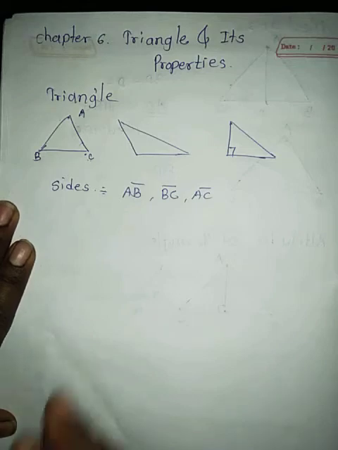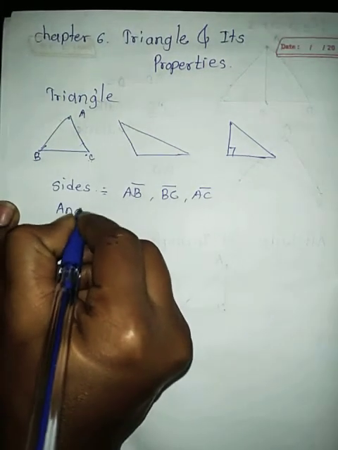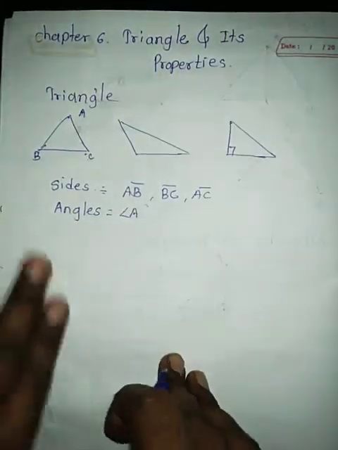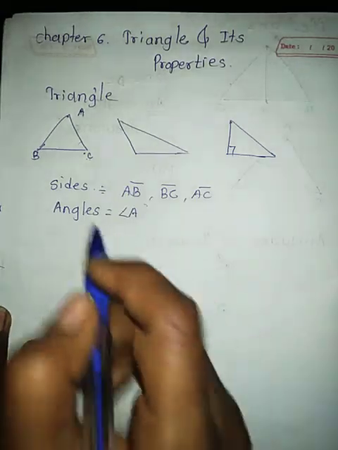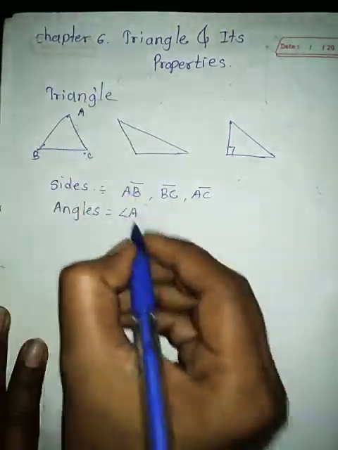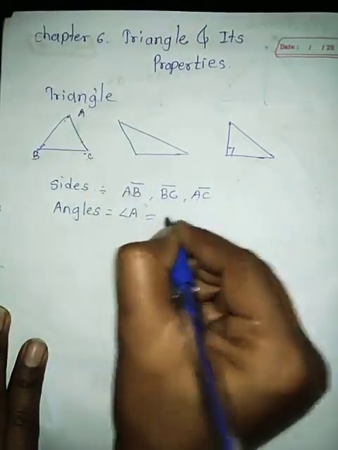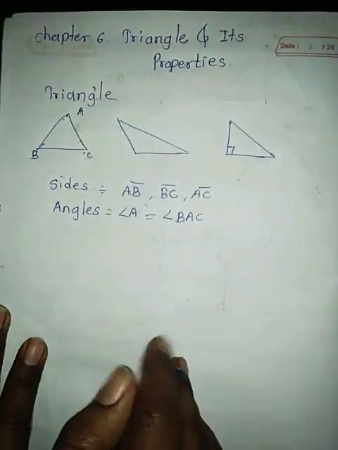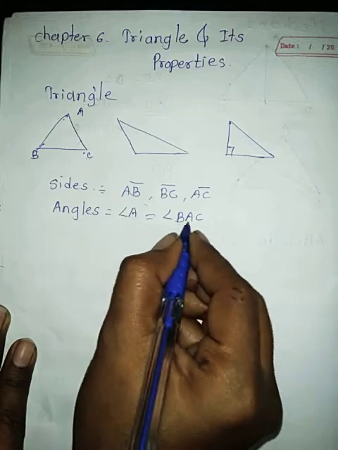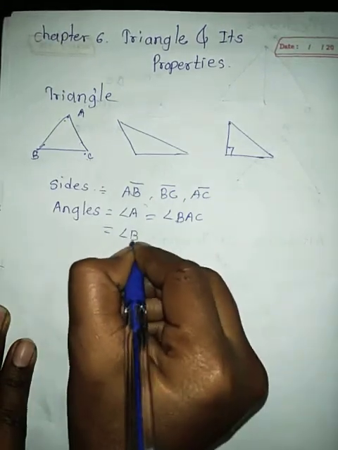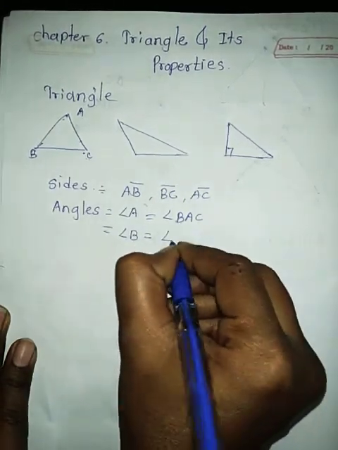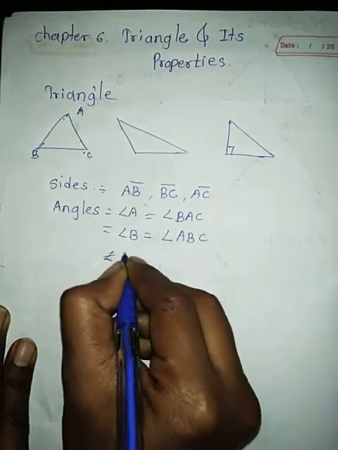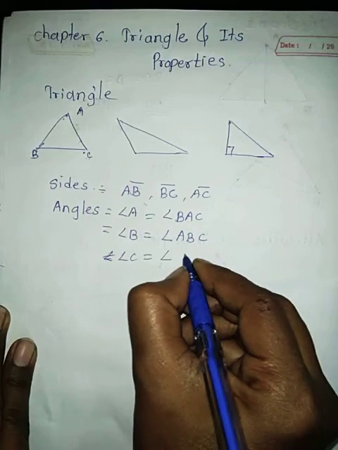The next thing is angles. Now angle A, you already know how to read an angle name. So angle A can be written as angle BAC. Angle B can be written as angle ABC. And the third, angle C, can be read as